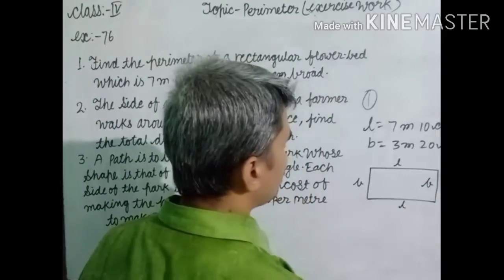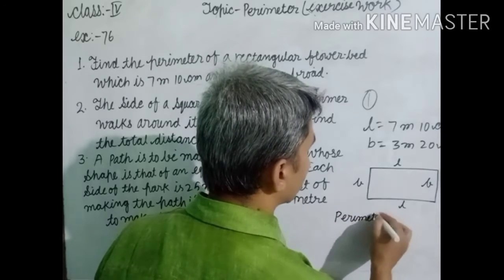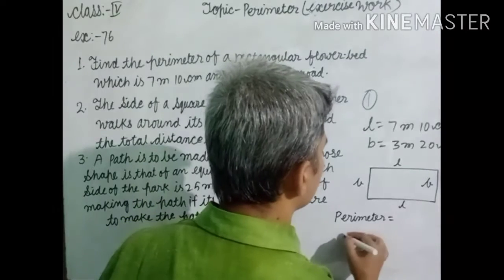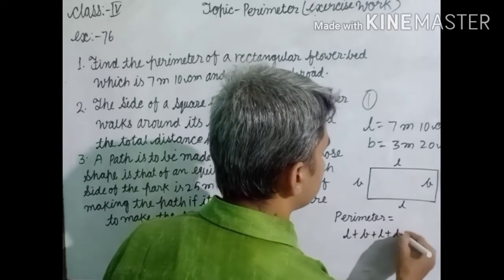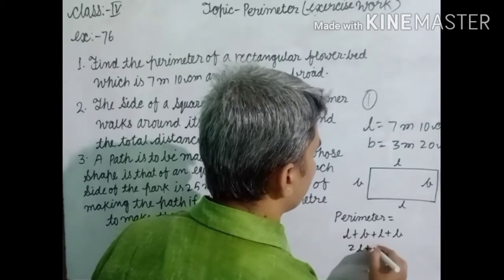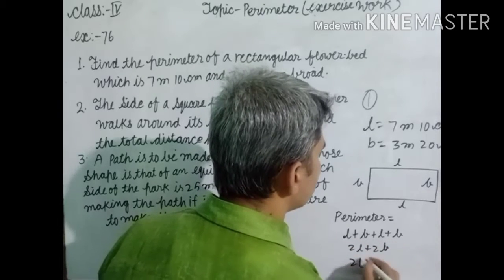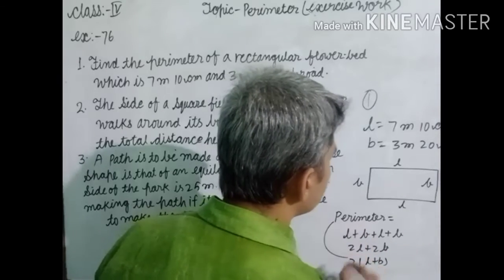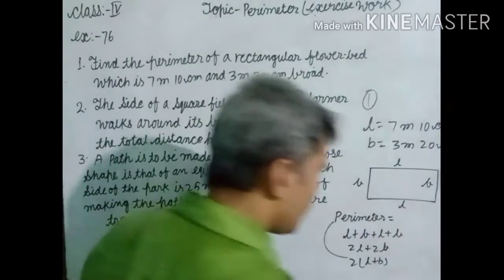Perimeter is equal to the total length of the boundary. That means L plus B plus L plus B, that means 2L plus 2B. You take 2 common and the rest L plus B. Dear students, this is the formula of a rectangular field. So you put here